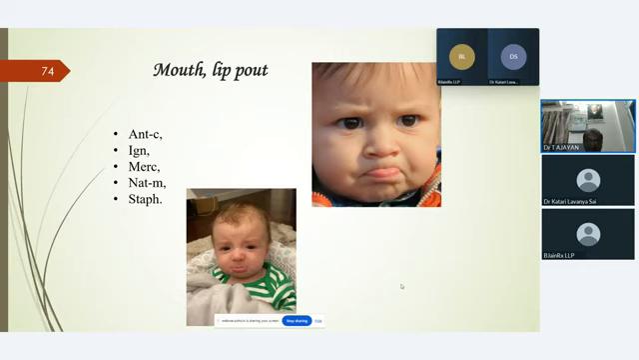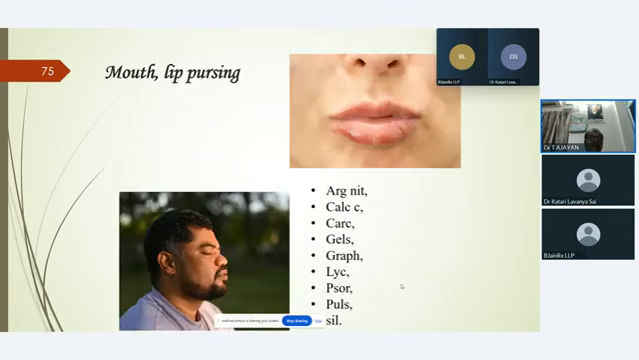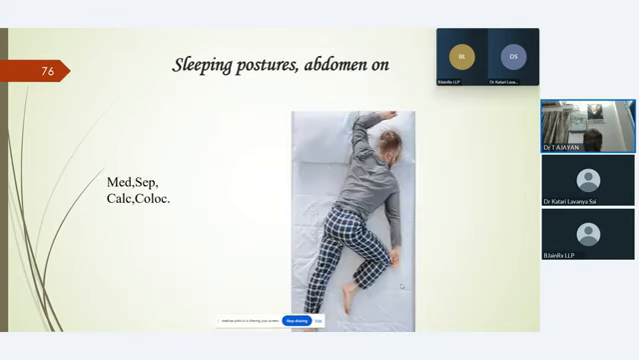Lip pout. Then look, the mouth-lip pursing lips. A number of medicines are there, but I would like to highlight the important drug Carcinosin. This Carcinosin medicine shows all three levels of contradiction: emotional level contradiction, mental level contradiction, and physical level contradiction. Then look, while sleeping,